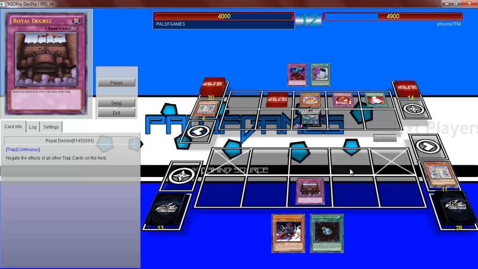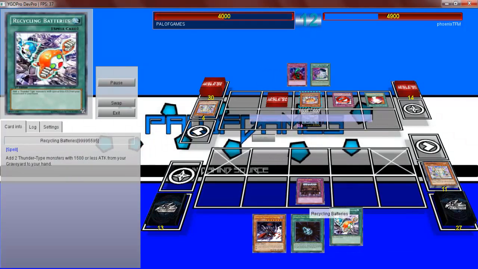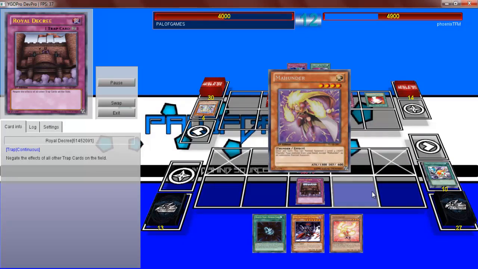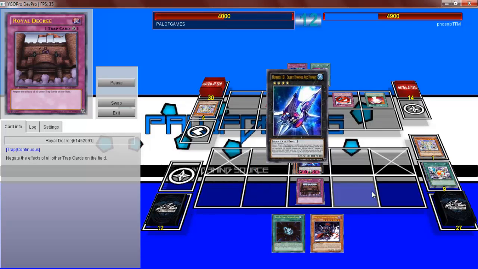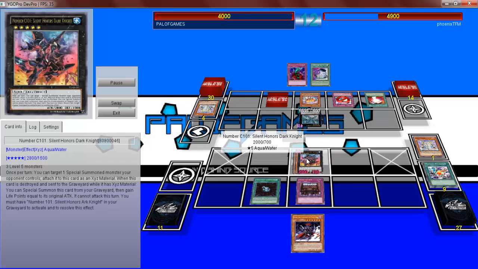So I'm really hoping for a good draw here, and it definitely is. It's basically going to win me the game. That one card, Recycling Batteries, is going to really help bring me back into this game, and you'll see how, because Mahunda is going to be able to bring out Sisunda. Now Sisunda, while it can bring out that two next turn, that's not what I care about. The fact that I'm going to be able to use Numeron Force to go into this card, which is the